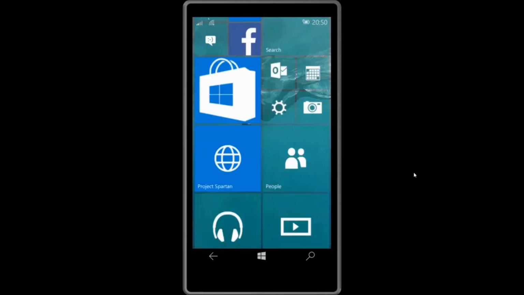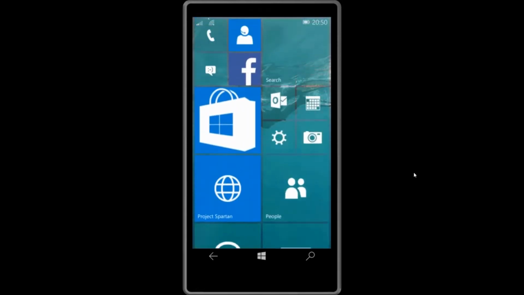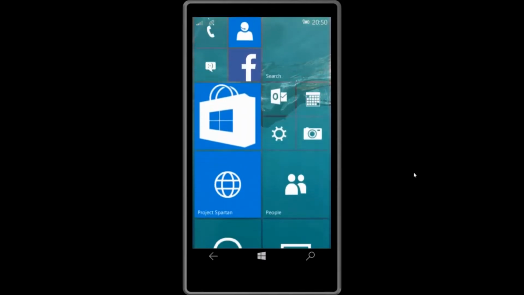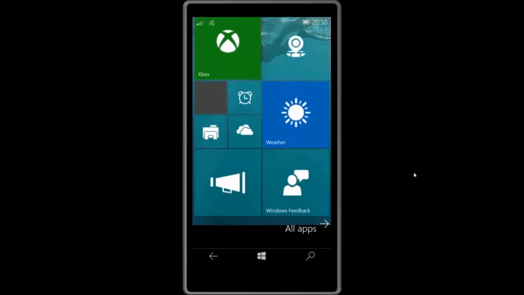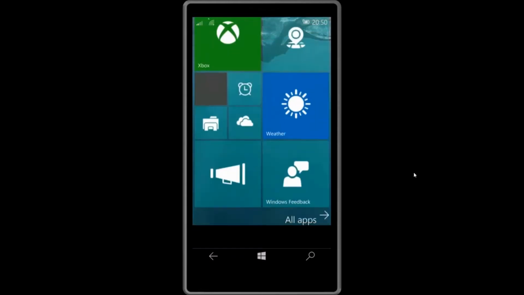So this is the new build. There are a couple of new UI improvements. We're going to go over them first. First up, the background now has a parallax effect to it, much like it used to when it was within the tiles. So now when you scroll up and down, you can get the background moving, and if you actually scroll to the bottom, you can see the wallpaper doesn't actually reach the entire screen, so it starts coming up,